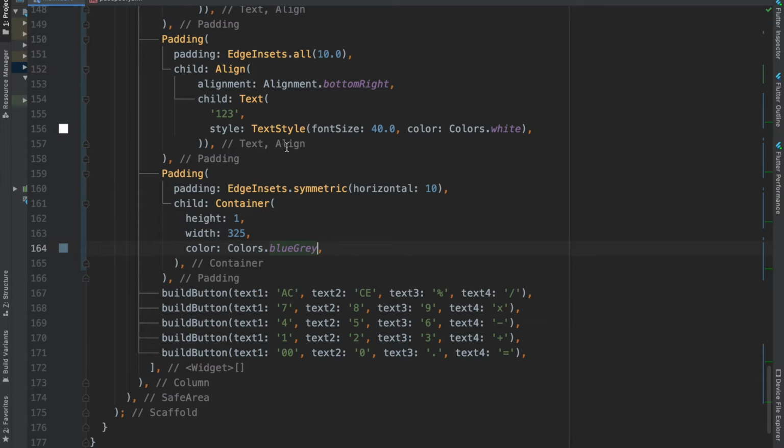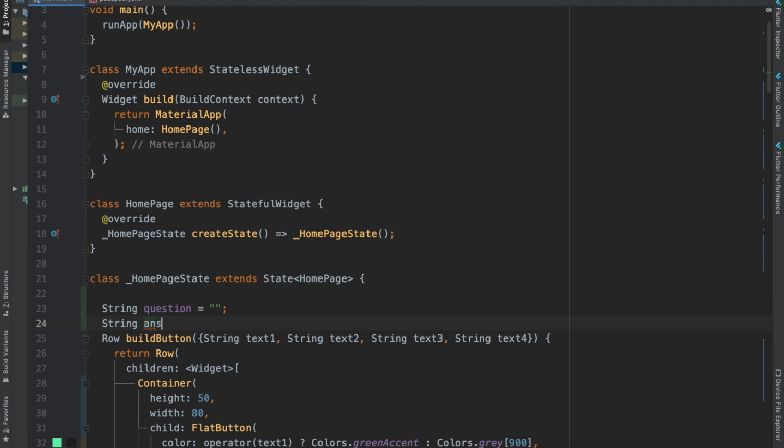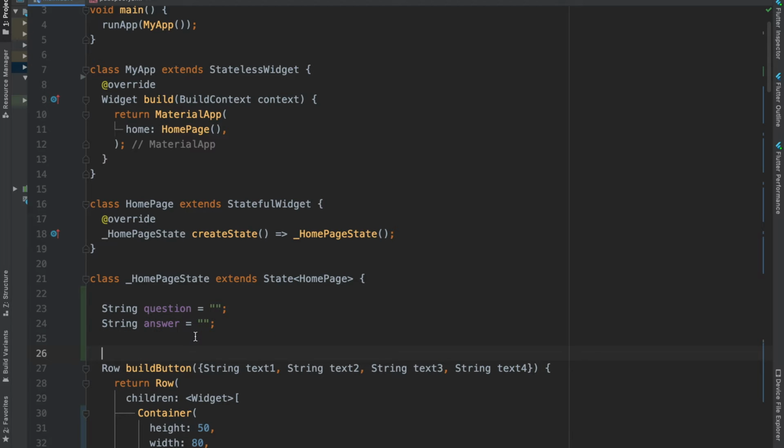For this, let's declare two strings. The first string will hold the questions and the second string will hold the answer. After this, I'll create a method called button pressed, and inside this, I will append the string typed by the user to this null string.